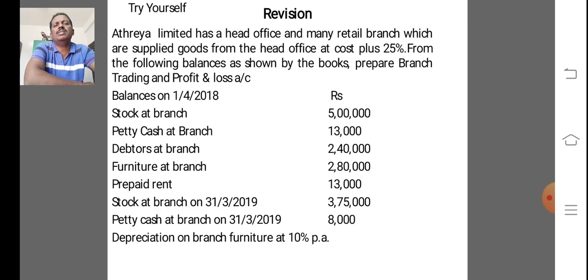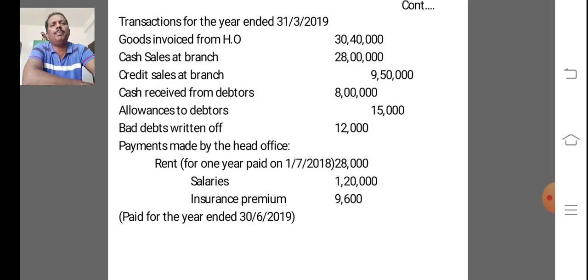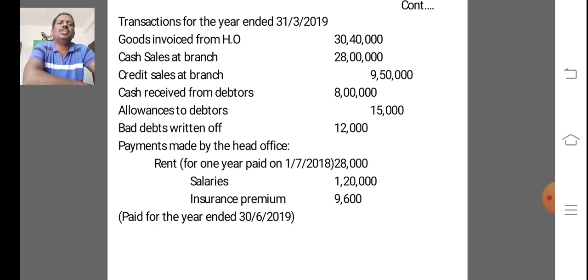So balances on 1/4/2018 5 lakh, petty cash at branch 13,000, debtors at branch 2,40,000, furniture at branch 2,80,000, prepaid rent 13,000, stock at branch on 31/3/2019 3,75,000, petty cash at branch on 31/3/2019 8,000. The depreciation on branch furniture at 10% per annum, and